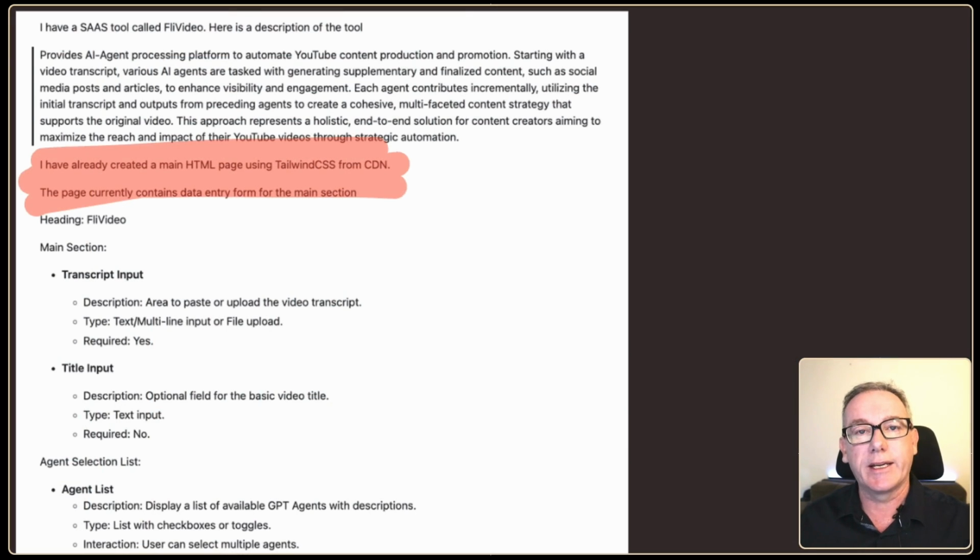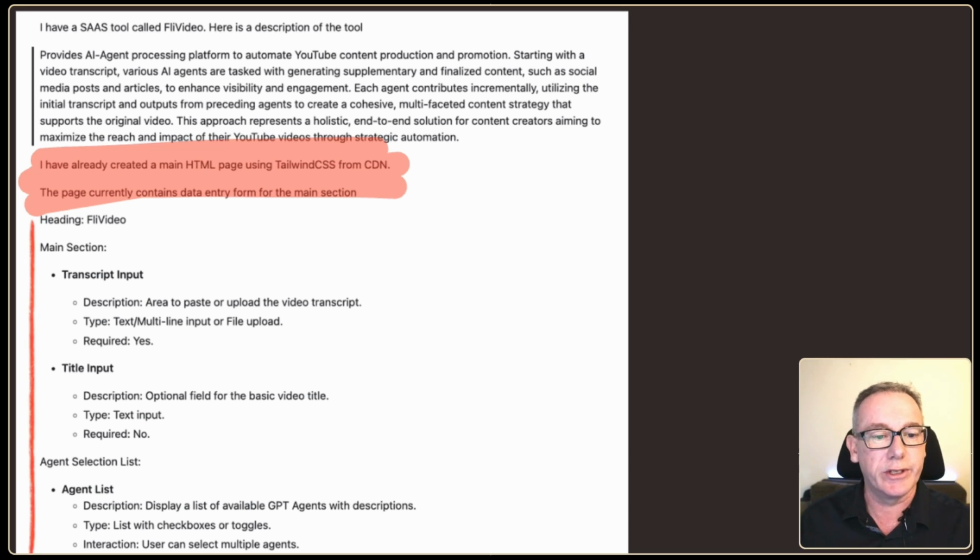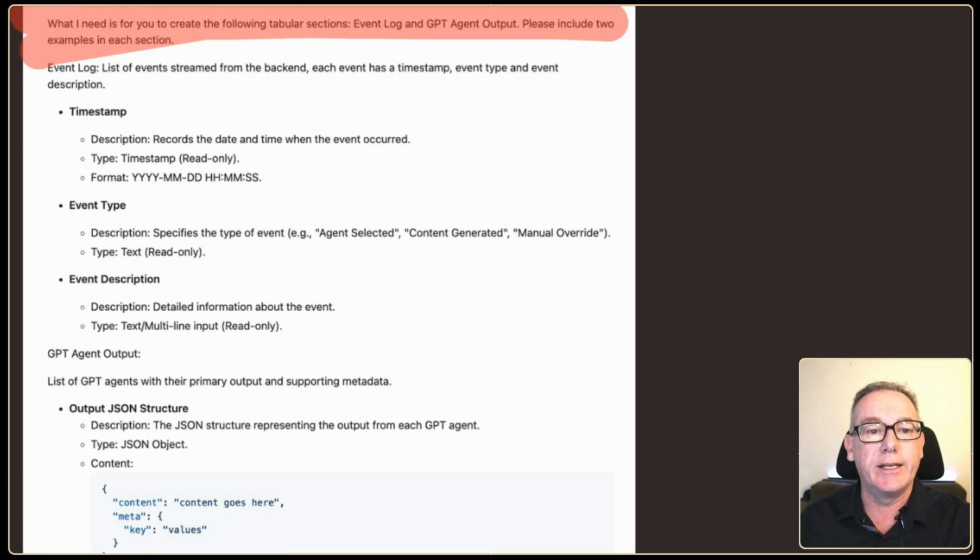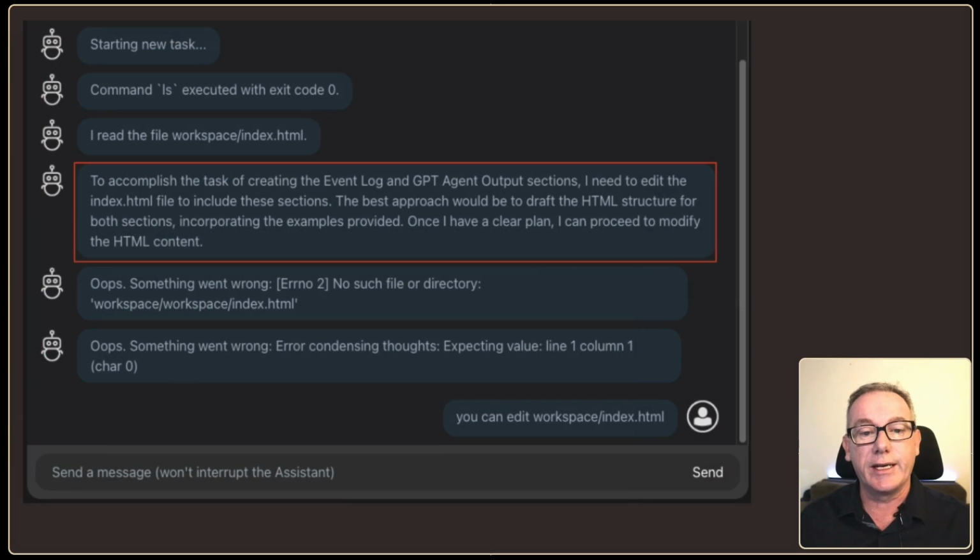I just made a couple of modifications to the text. I said I've already created the HTML page, and I told it what sections it had gotten right. I just added in down below where I'd already had this information, told it this is the next section that I want you to add into the system. Now what it's done is said, OpenDevin is starting the new task of reading in the index.html in the workspace,